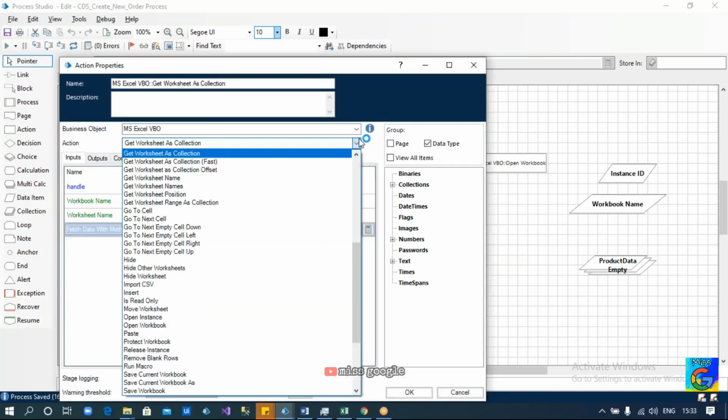Get worksheet as collection, get worksheet as collection fast, offset, and also get worksheet range as collection. These are the four different ways of getting the data, and we have seen how they work. Now, apart from that,